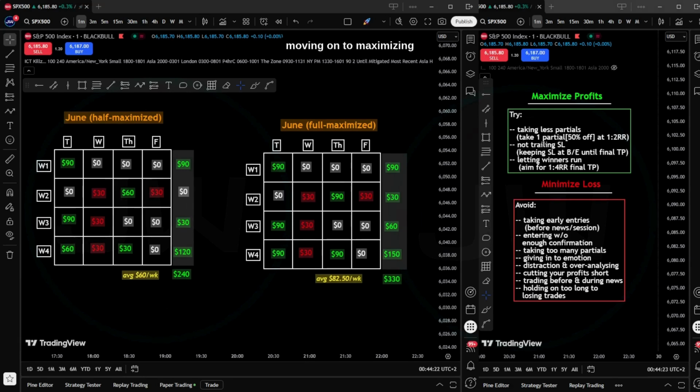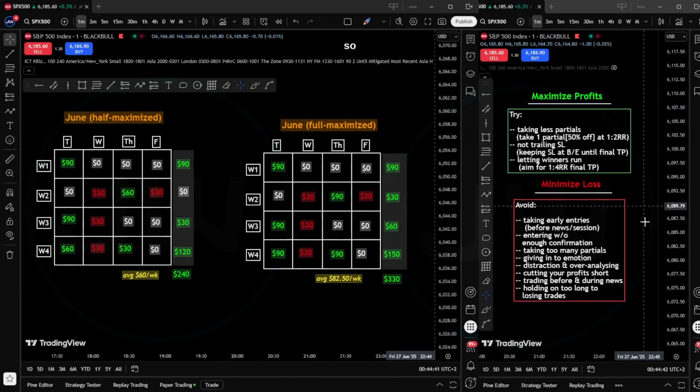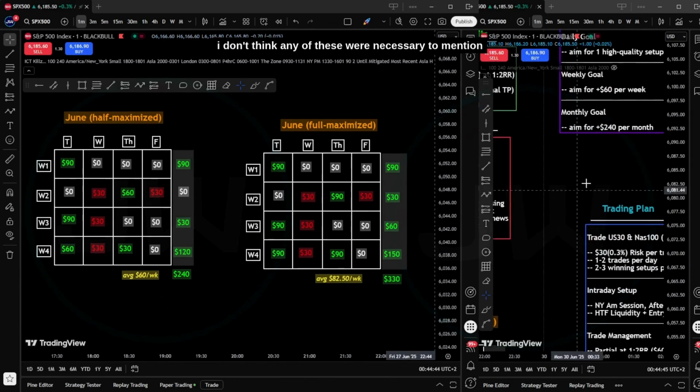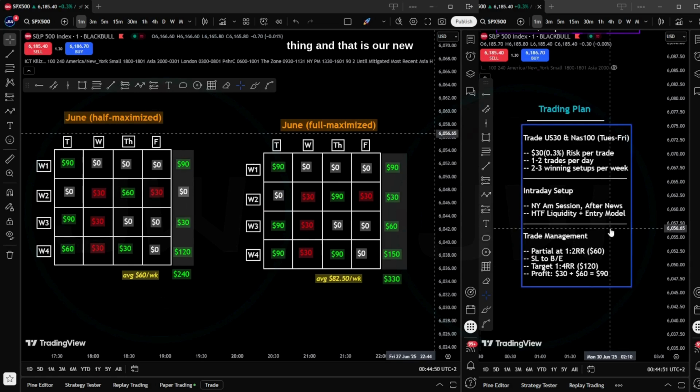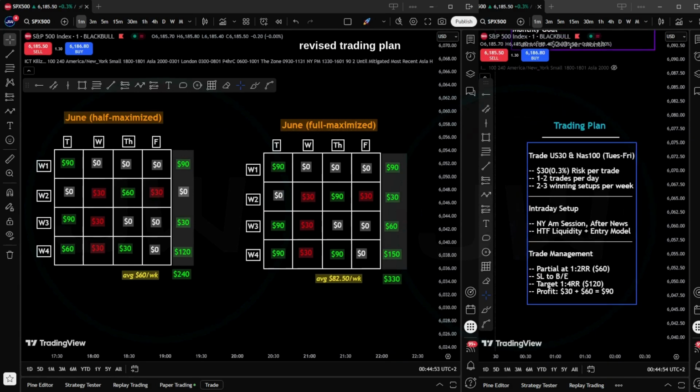So moving on to maximizing our profits. So we mentioned taking less partials. We're going to take one partial now, 1 to 2, keeping stop loss or break even. We've mentioned pretty much all of these along the way. So I don't think any of these were necessary to mention. But yeah, I just want to go over one more thing, and that is our new revised trading plan going